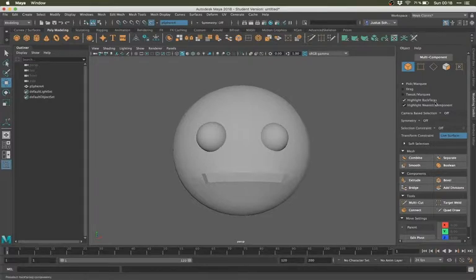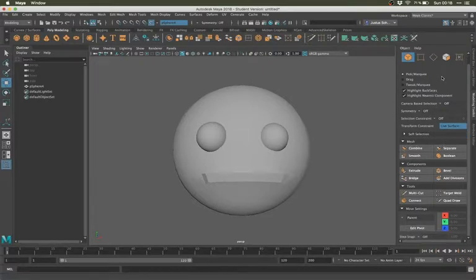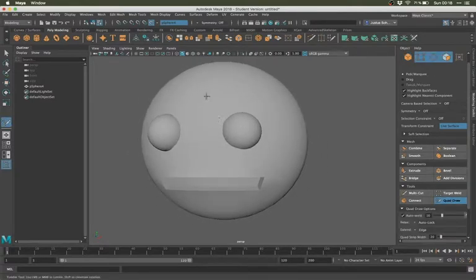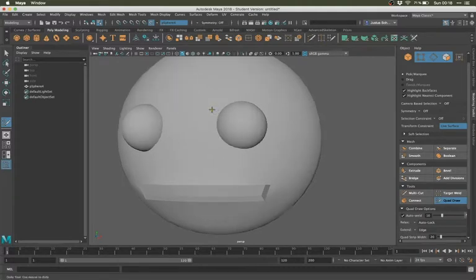Press on that, and now we are offered a bunch of different objects, and we should use quad draw. And quad draw enables us, if we have that live mode selected, to draw quads onto that mesh,